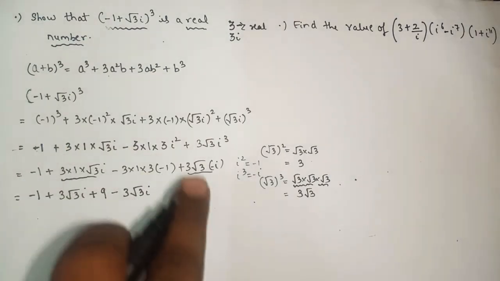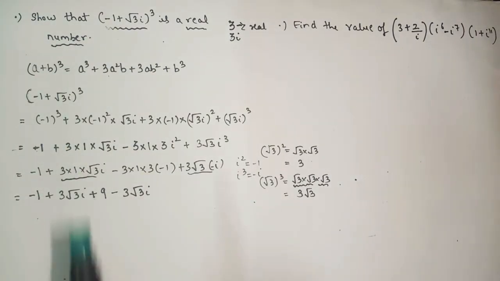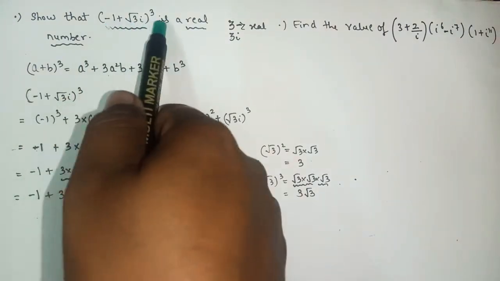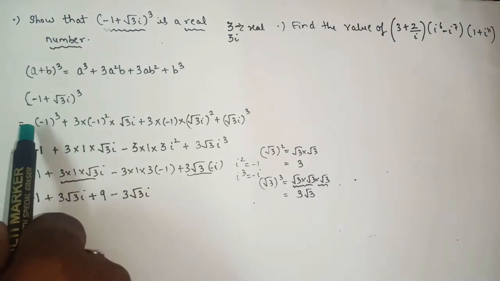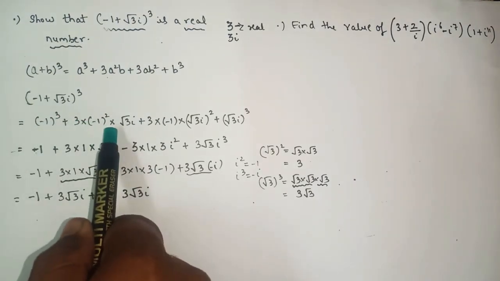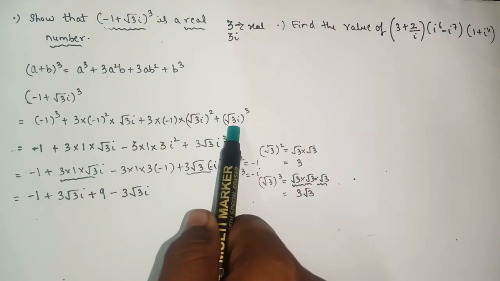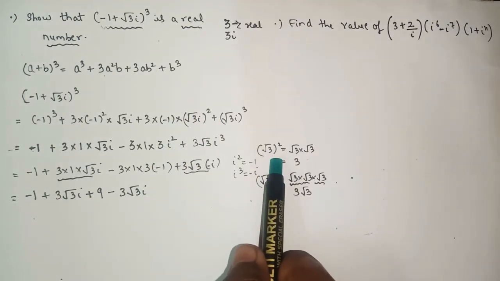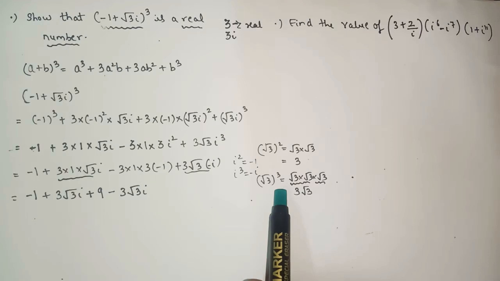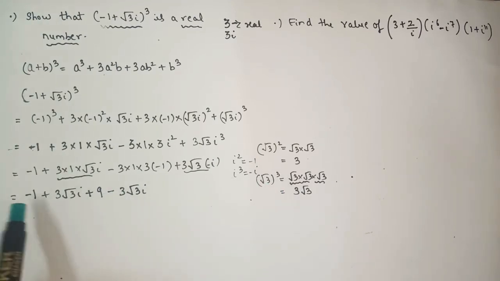Okay, I hope you all understood the sum till here. Simply you have to check this part, it looks like (a + b) the whole cube. So I applied the formula, a cube plus 3a square b plus 3ab square plus b cube, and the rest you must know how to solve, the square root and cube root, yes or no? Okay, so we got the answer till here.